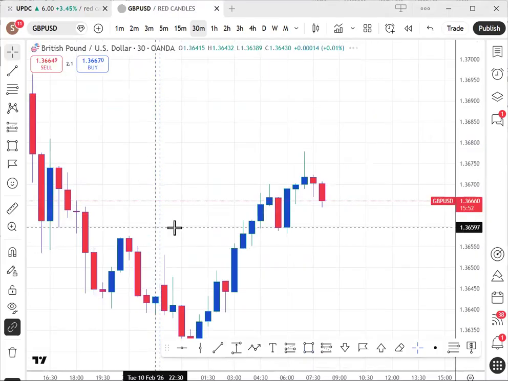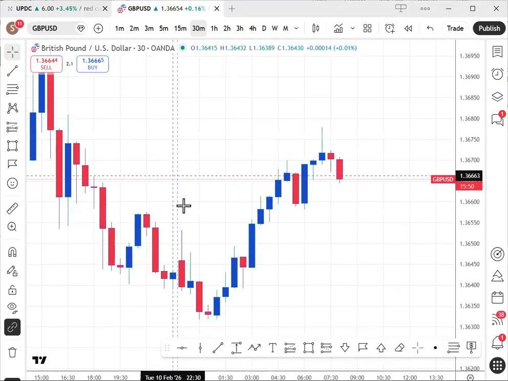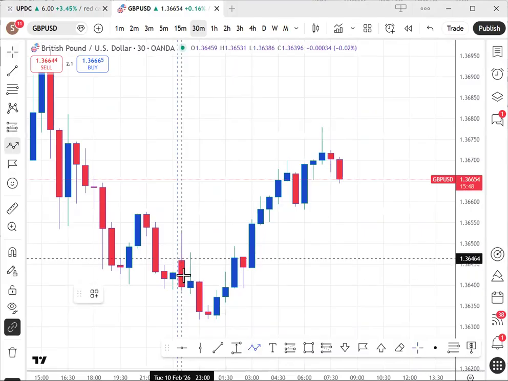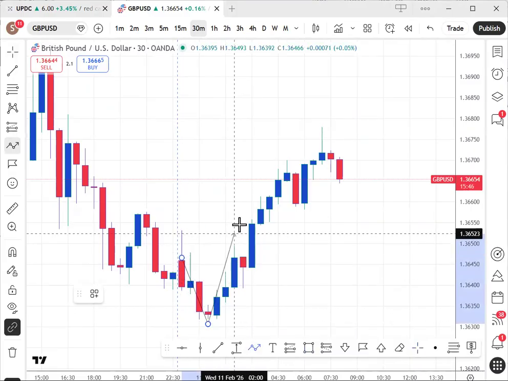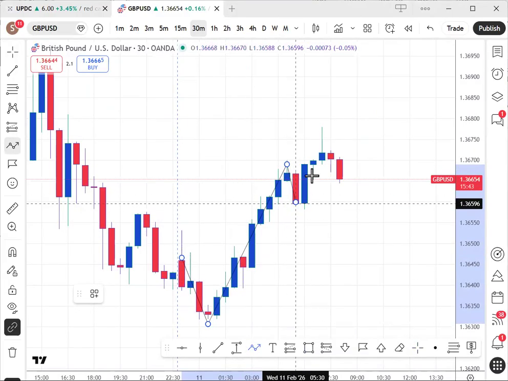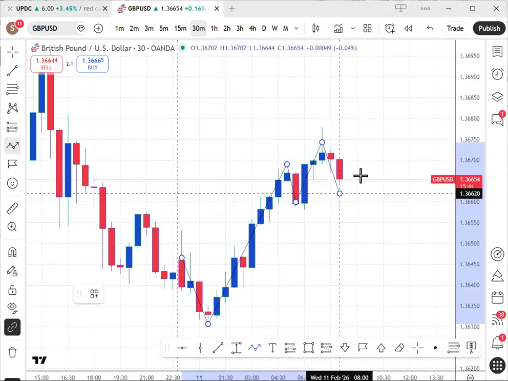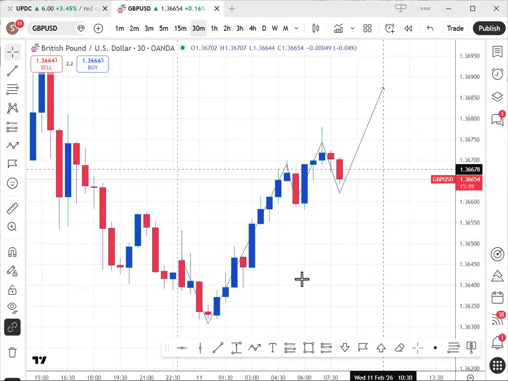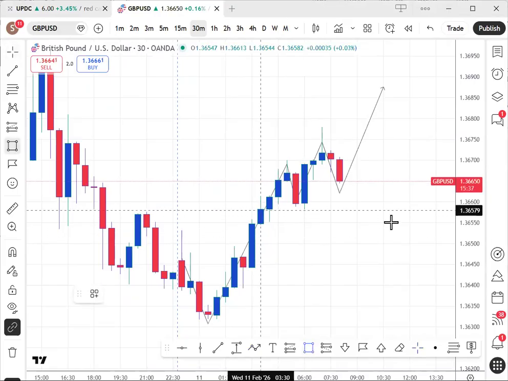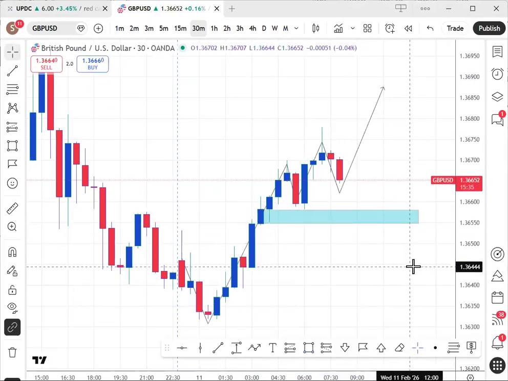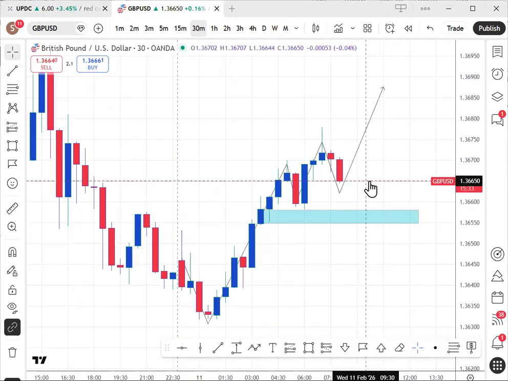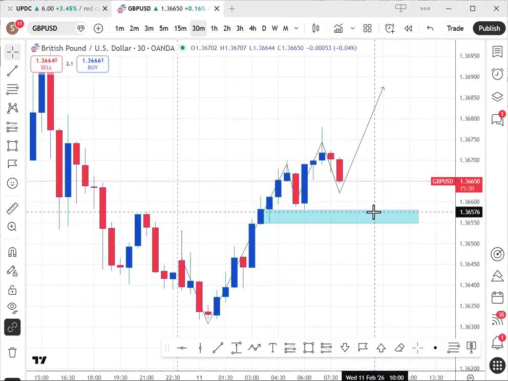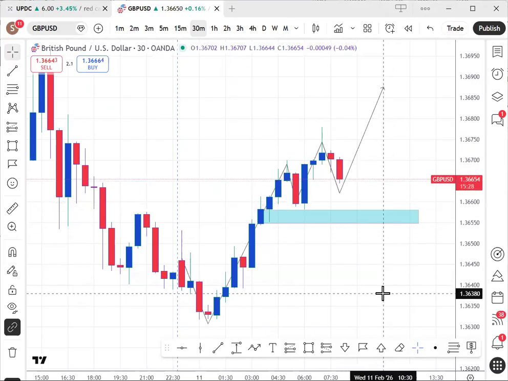Let's see, Pound USD. Okay, what is Pound USD doing? So it started downwards. Nice break of structure there, and it's come down, it pulls up, coming down again, right? So we expect it to continue going down. Okay, but will it do that? That's the question. So the question is, are you willing to take that risk when it happens? So just follow your process all the time.